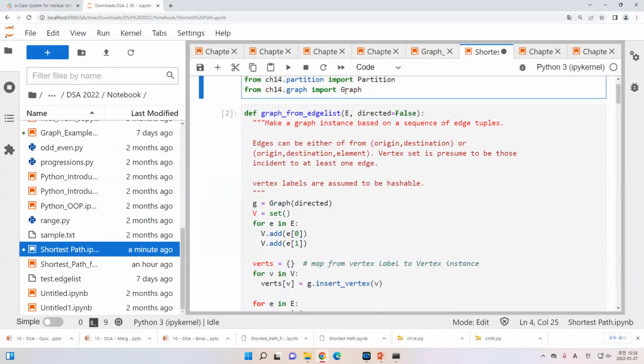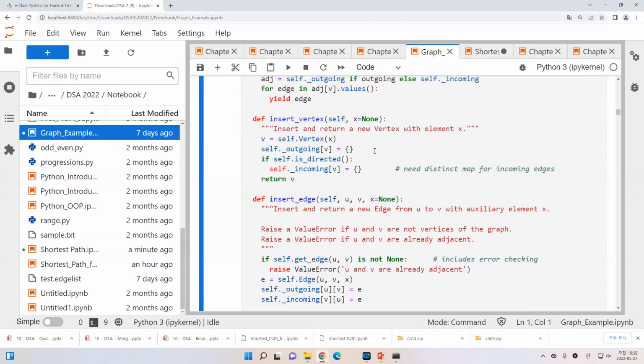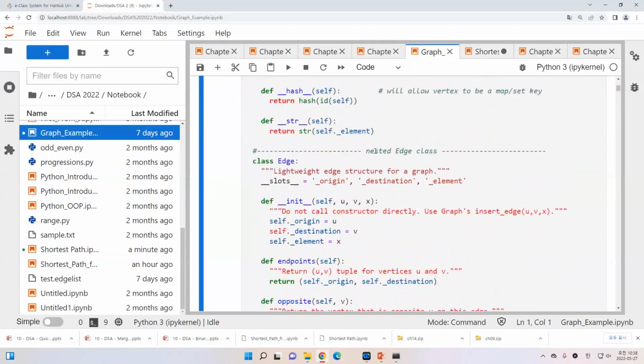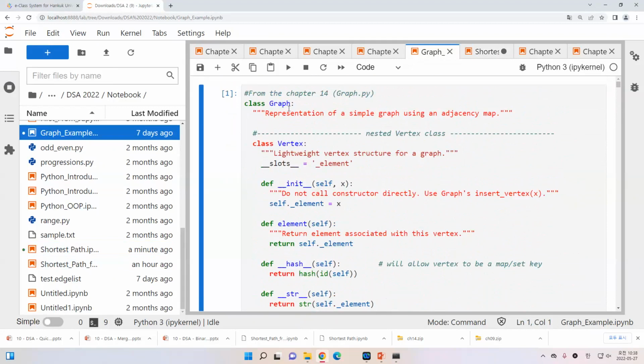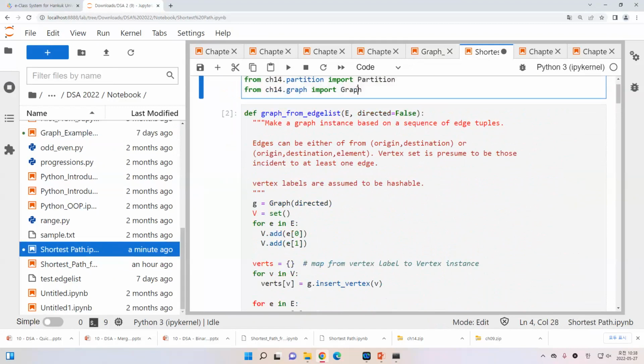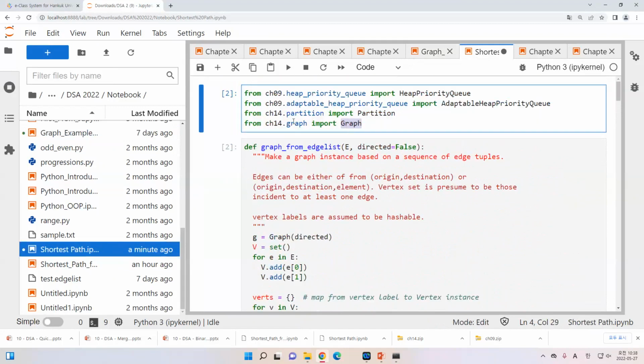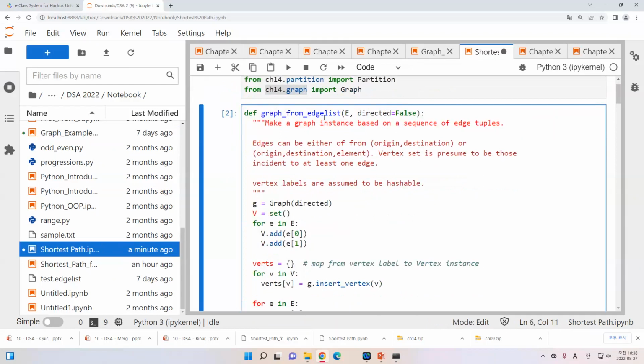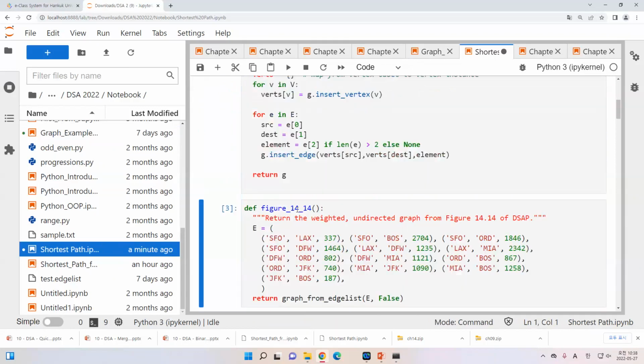So I do not have this graph. This is the class graph, but I do not want to explain more. So you can just use the graph. This is the class graph that you can just import from the chapter graph. And I'm going to make the edge list. This is the same with what we learned before. And